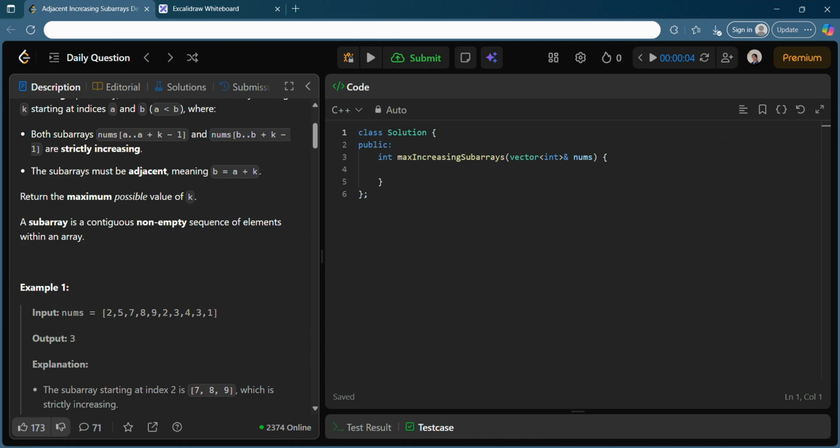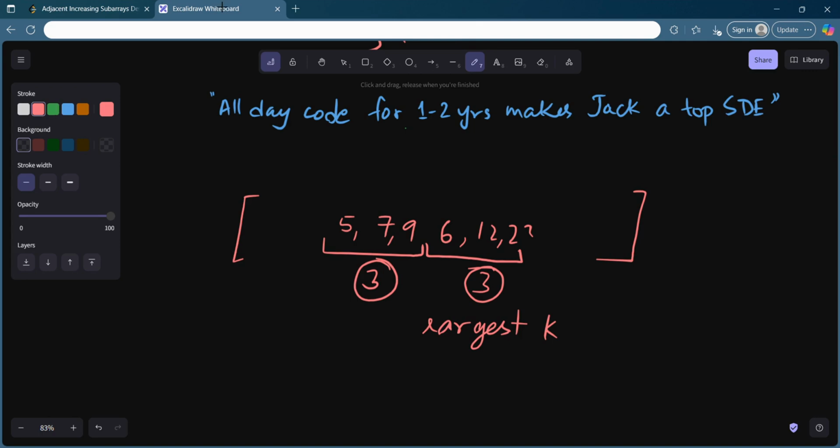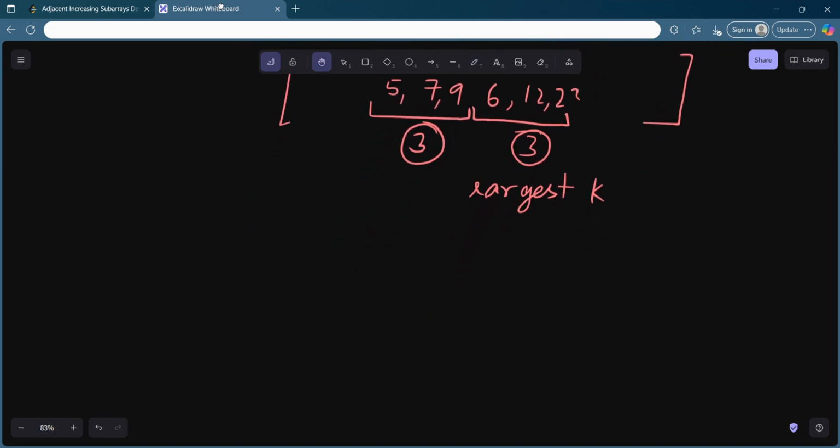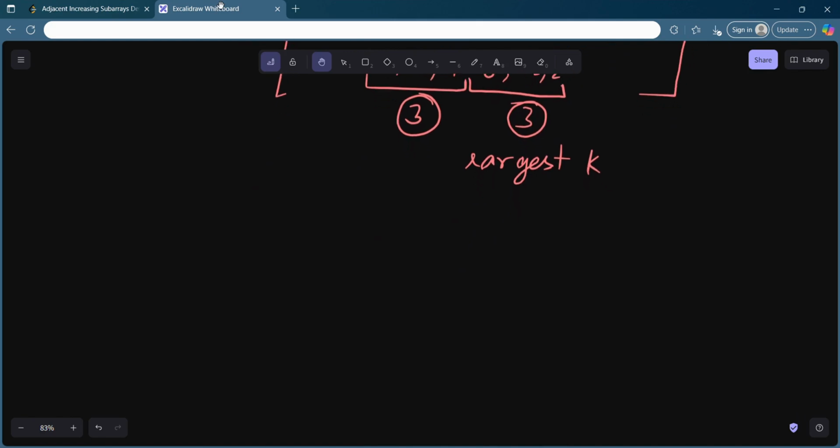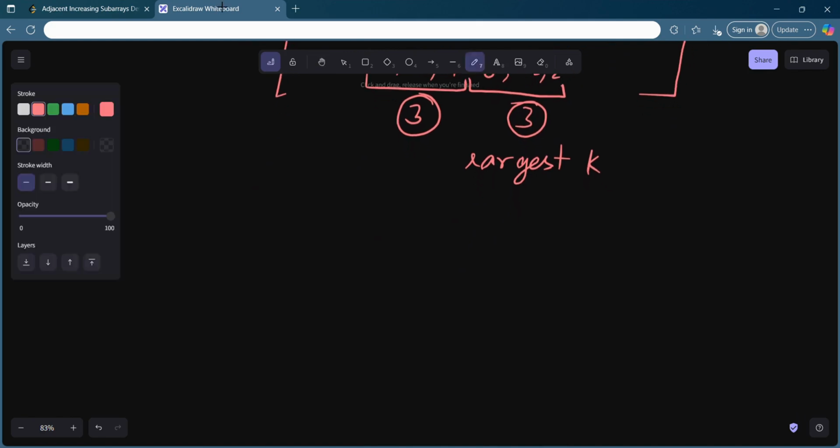So yeah, can you do it in a single pass, without thinking much about other approaches or any complicated approaches, in a simple O of n solution? So I will advise you to think in that way.